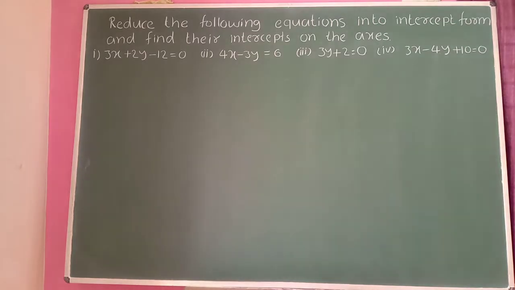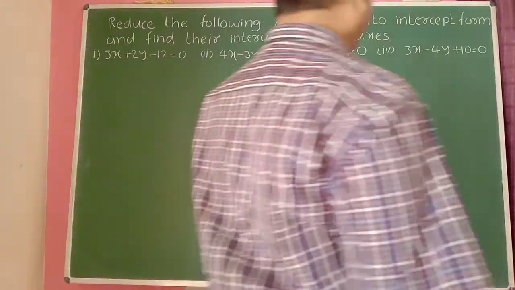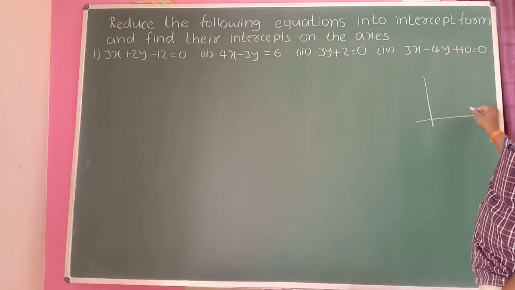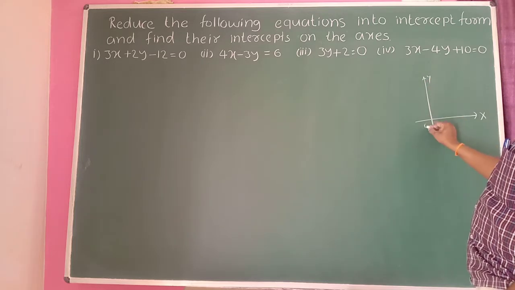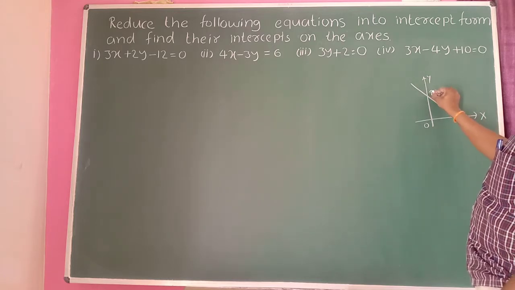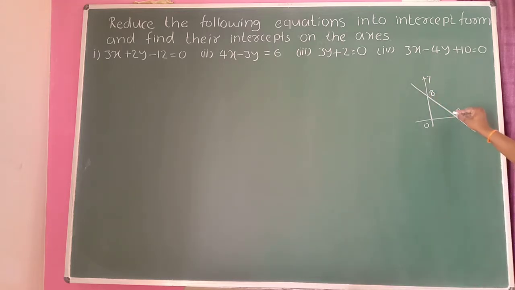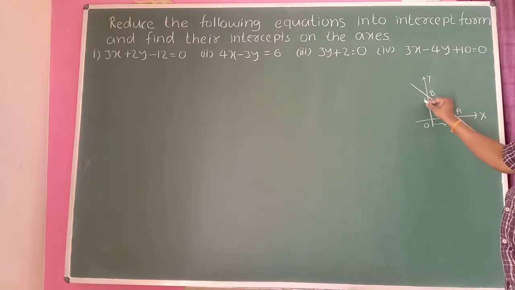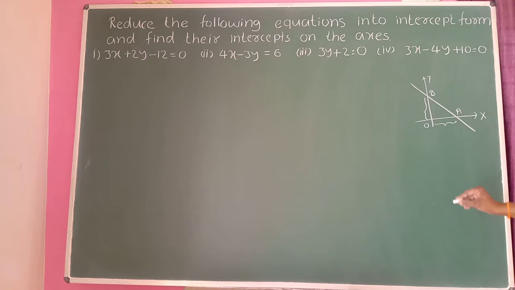So reduce the following equations into the intercept form. Meaning, this is the x-axis and the y-axis, and here is the line. Then the line cuts the x-axis at A and the y-axis at B. Here OA is called the x-intercept, OB is called the y-intercept. Suppose you take x-intercept as a and y-intercept as b, then reduce the equation in this form